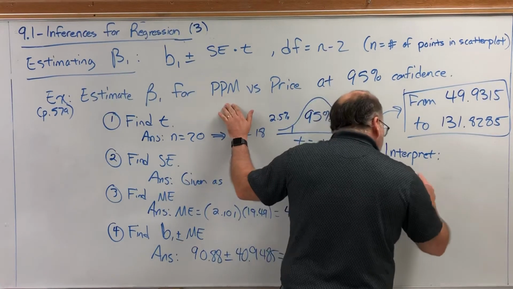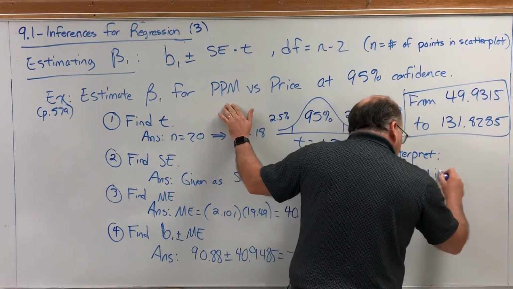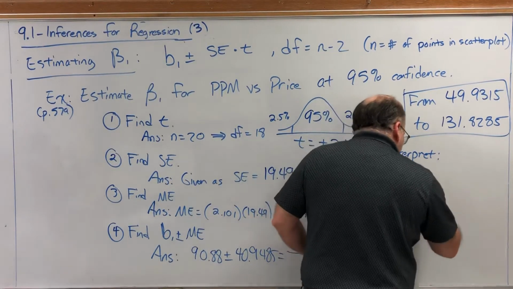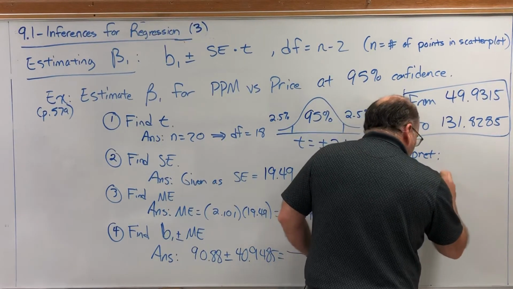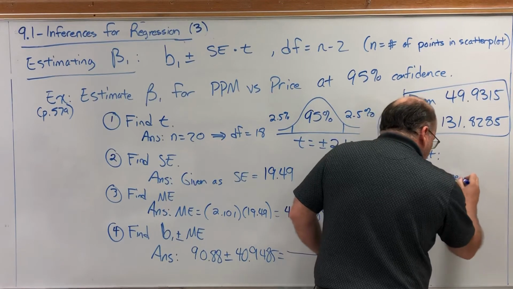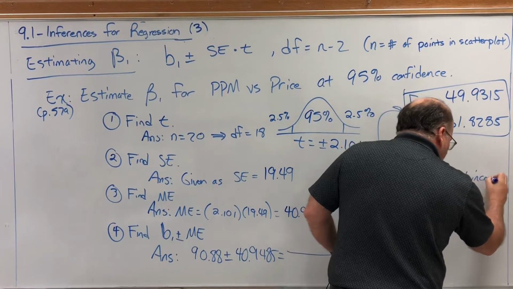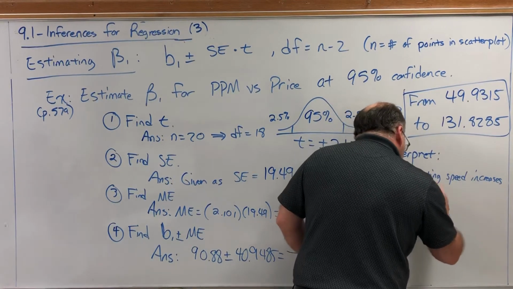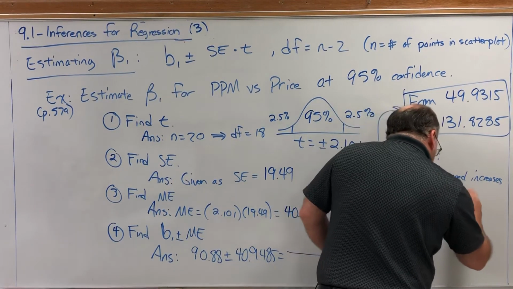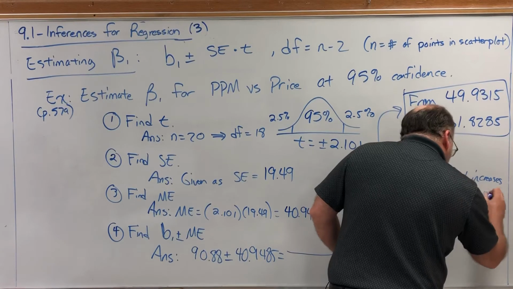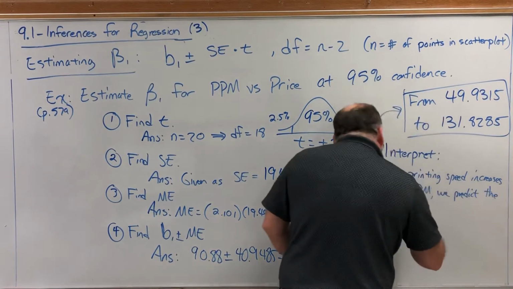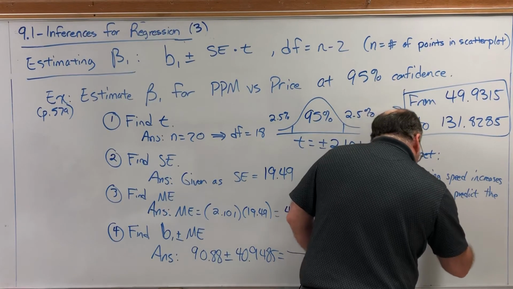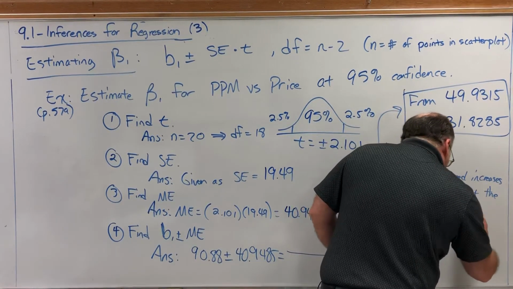If the printing speed increases 1 page per minute, we predict the average price to increase